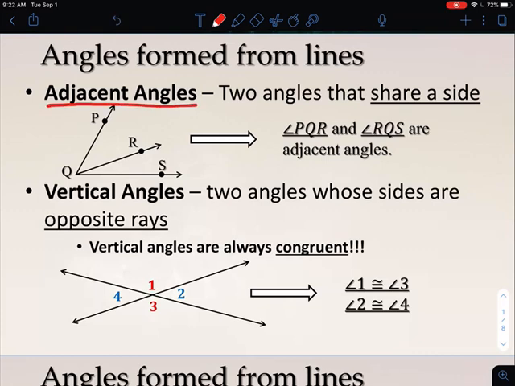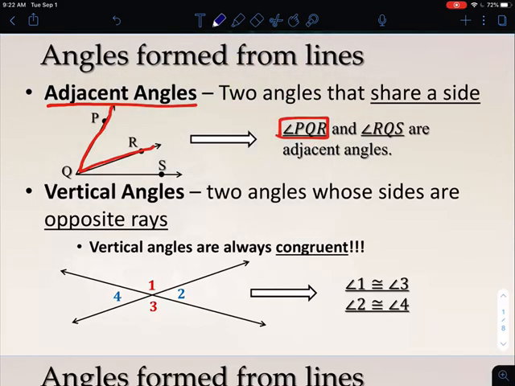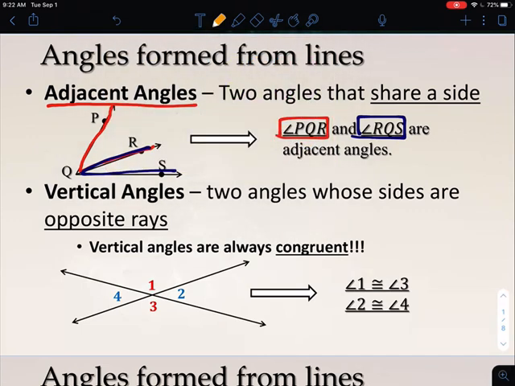So the first one I want to talk about is what we call adjacent angles. So adjacent angles are two angles that share a side. So I have two angles that butt up next to each other. So in the picture below here, we can see that we have angle PQR in red, and then we have angle RQS in blue. These two angles are side by side, and they share this middle chunk QR right here in orange. So when we talk about adjacent angles, that's what we mean when we say we have two angles